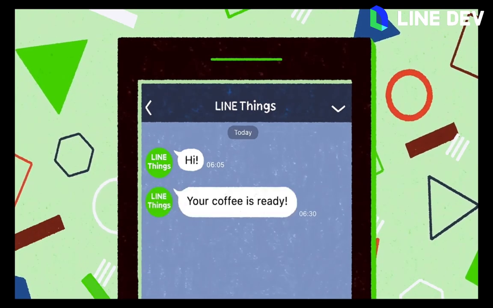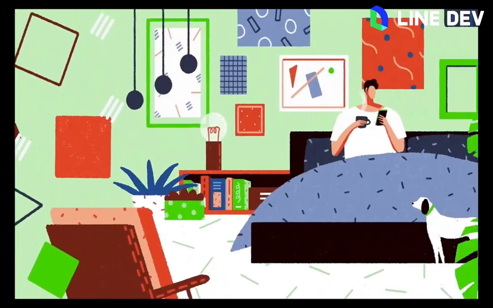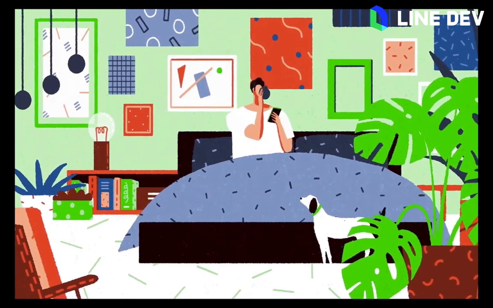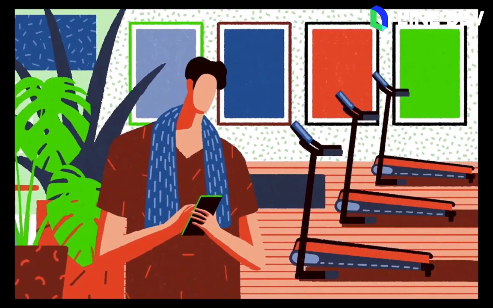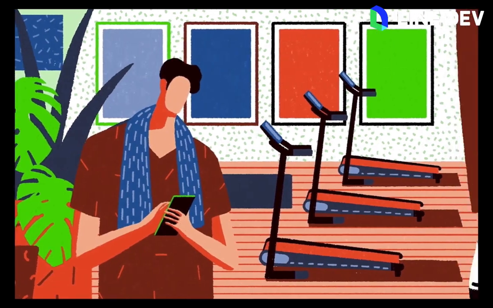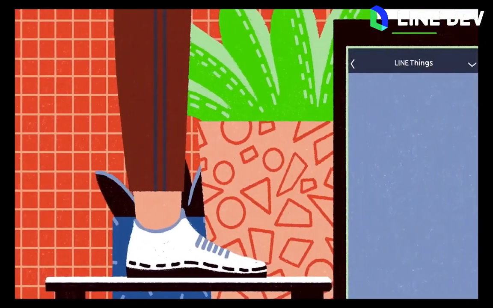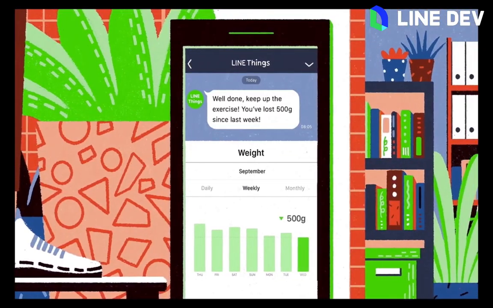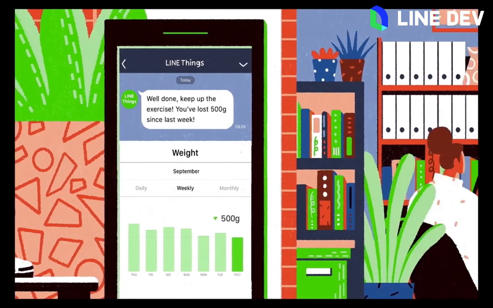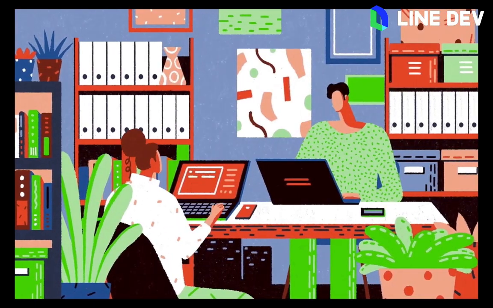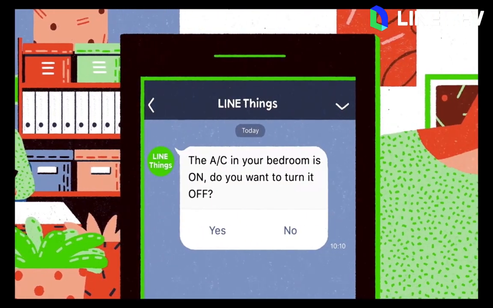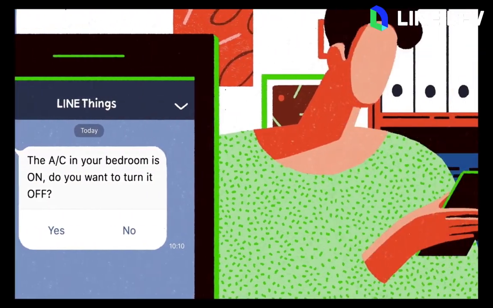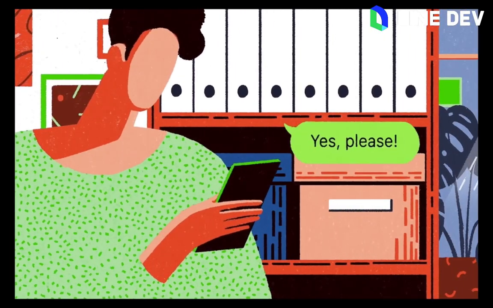So you can wake up to a lovely message. Pop to the gym and get a motivational message from Line Things. Great news. At work, your home aircon system might contact you, so you can stay in control wherever you are.